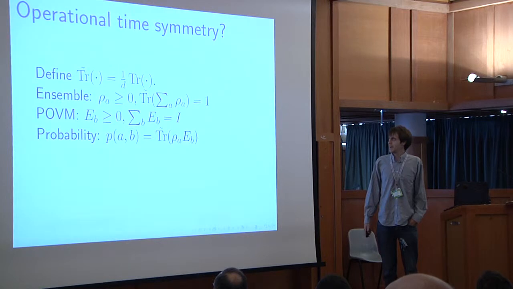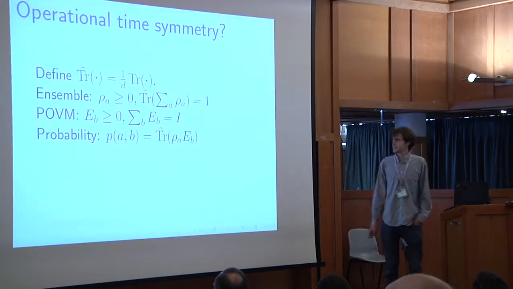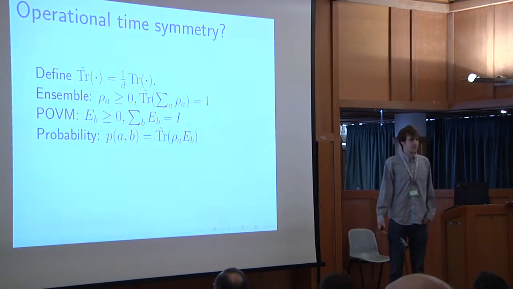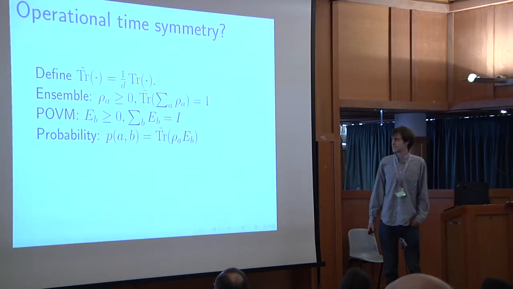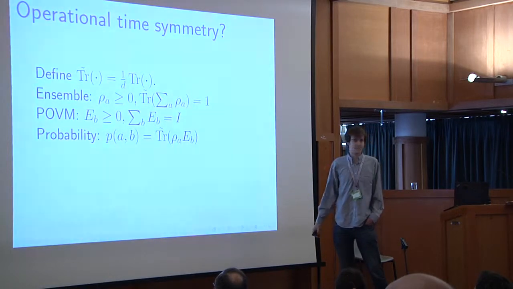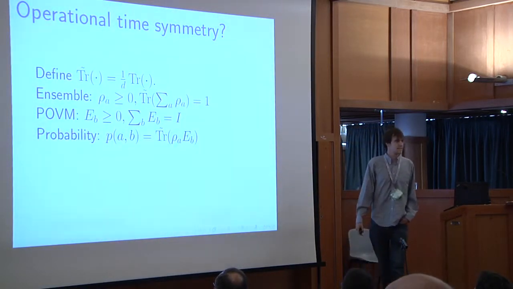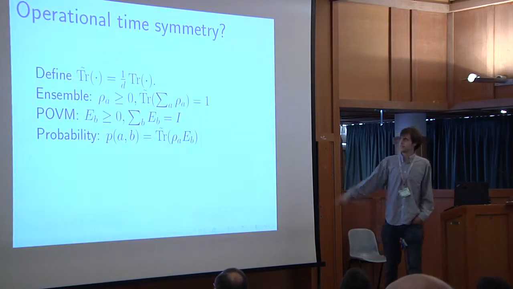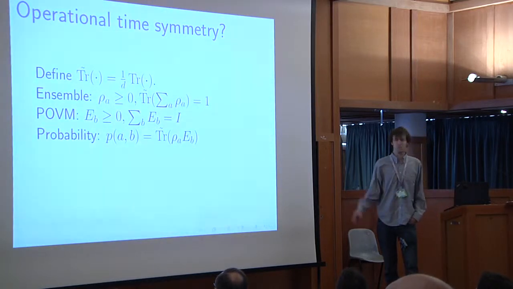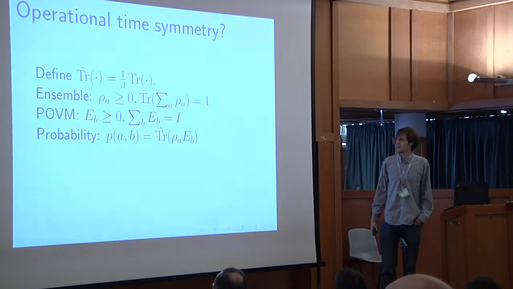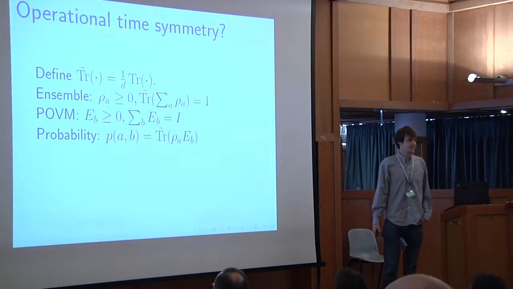And now I just define ensemble and PAVM and the probability rule in exactly the same way. I just put squiggles on the trace. But now, with this new definition of trace, the trace of the identity operator is 1. So instead of the maximally mixed state being identity on D, it's just written as identity, and the 1 over D is put back in through this redefinition of the trace. So I haven't really done anything except that now we can at least say that a PAVM is a valid